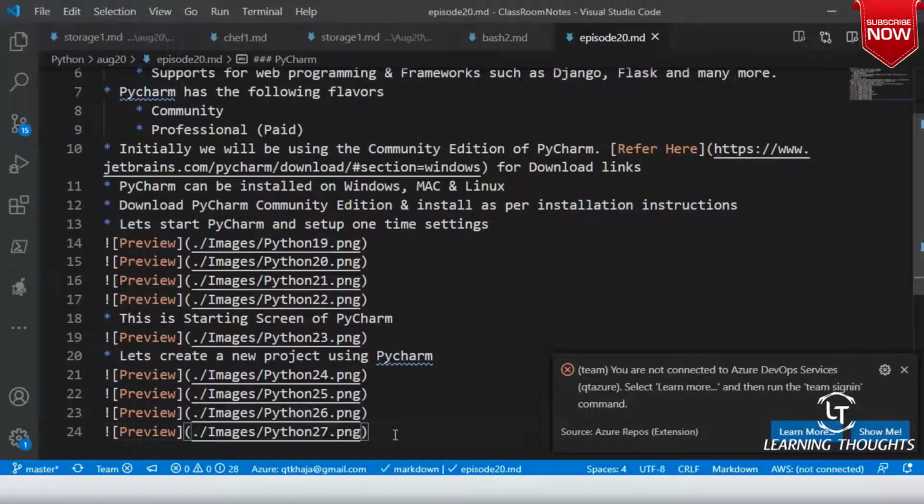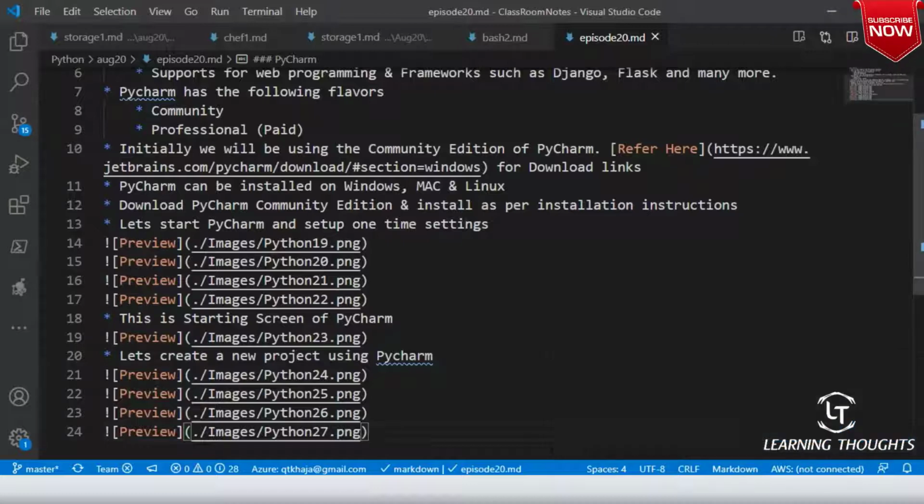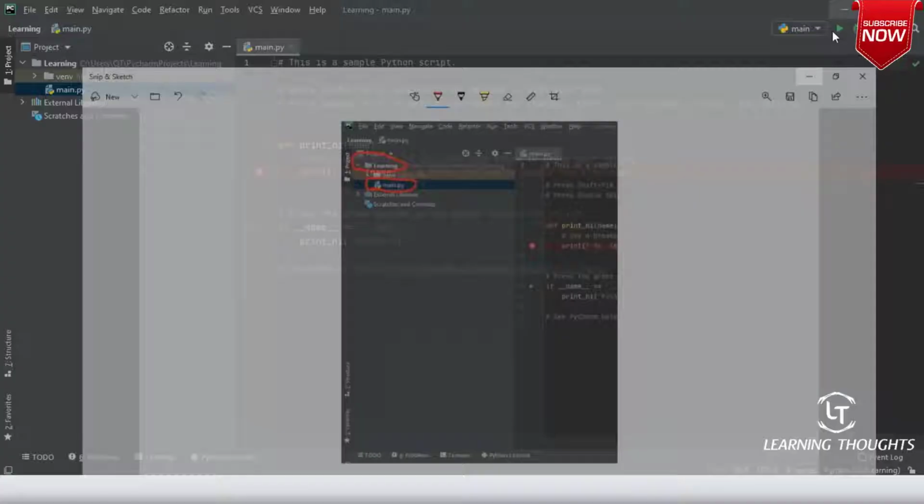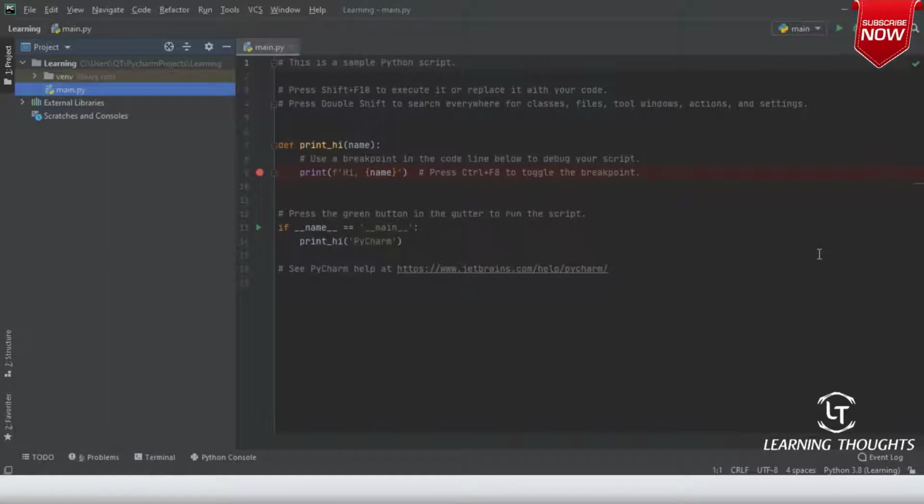Now, as I said, which editor you use is completely your organizational choice. There is no one dictating the terms. Every editor has its own set of users who always like it. Some people still use Vi editor for writing Python code. But the whole idea is we'll be using Visual Studio Code, which is a simple editor. So you really need not have a lot of RAM running for Visual Studio Code.